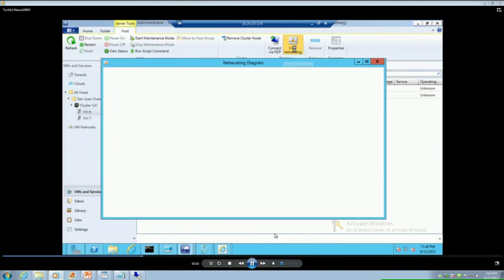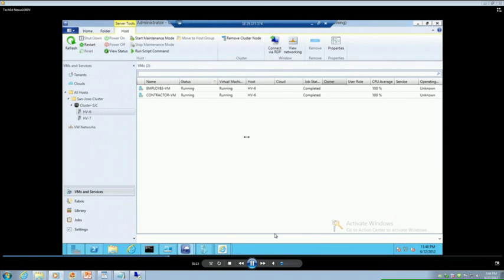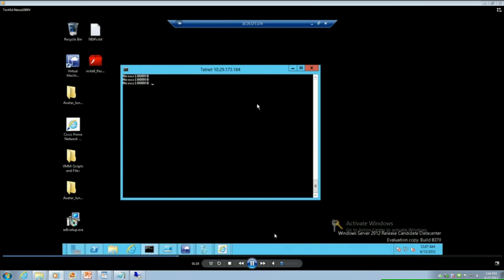So the server admin can actually have a view of the network. As you can see in the picture, both the employee VM and the contractor VM are connected to the Nexus 1000V, and you can see that right from the SCVMM user interface. This is the SCVMM 2012 SP1 bits. For the network admin, the same topology, you can have a clear view